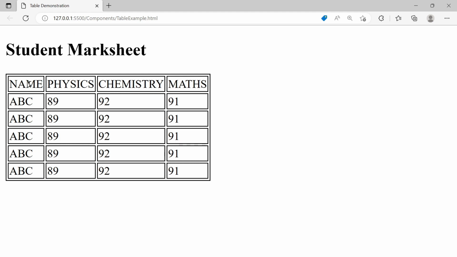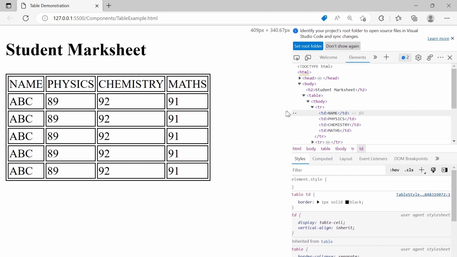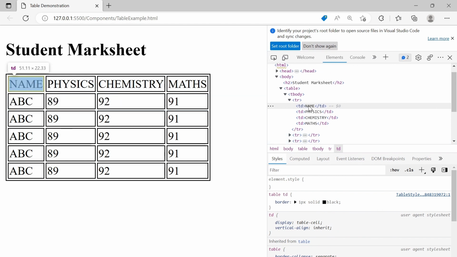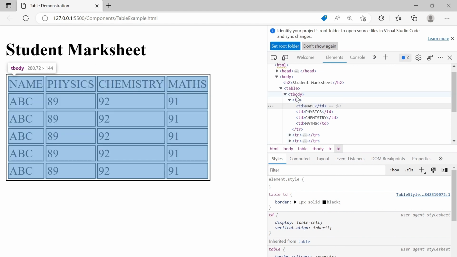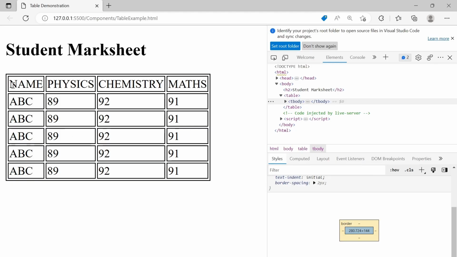Fine. So if I inspect it, you will see the content. Now this is simple text, and we are not able to understand whether it is a header or not, which means we need to enhance its look. The look should be changed for these headers.